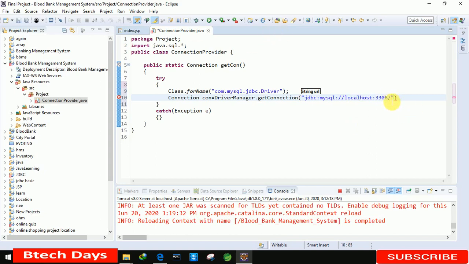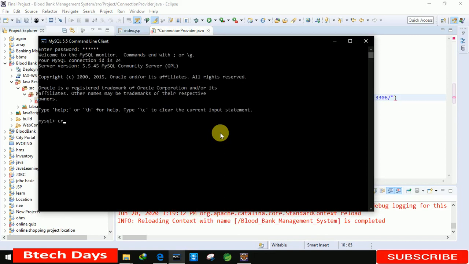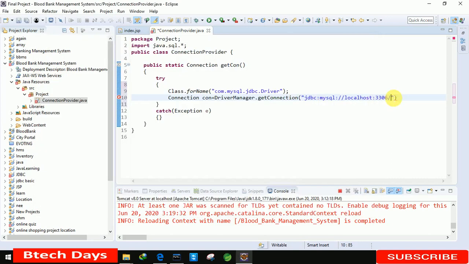So first we need to create the database. So I'm just going to open my MySQL, and here just need to enter the password, whatever I have, 123456 password. After that we just need to create a database, and let me make it as bloodbank. Okay, and click. You can see our database has been created. So bloodbank we are going to use in it. Okay, and let me write here bloodbank.